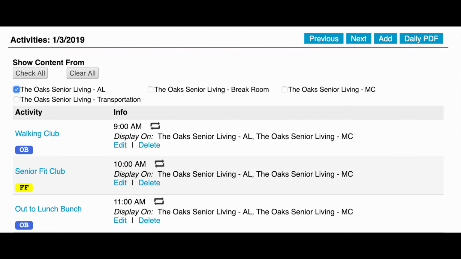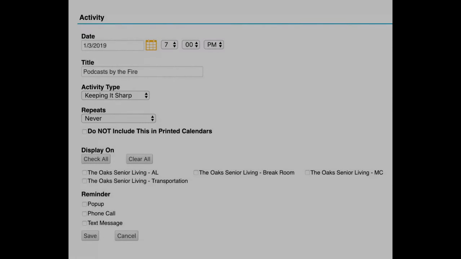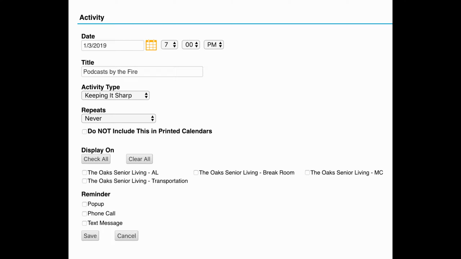Once you choose a day to begin editing, you can either edit an existing activity to make it repeat, or you can add a new activity using the blue button in the upper right-hand corner. Once you create your new activity, fill out the necessary information and then look at the area where it says